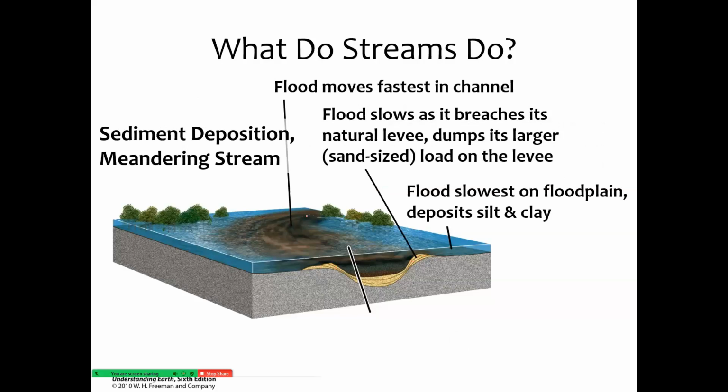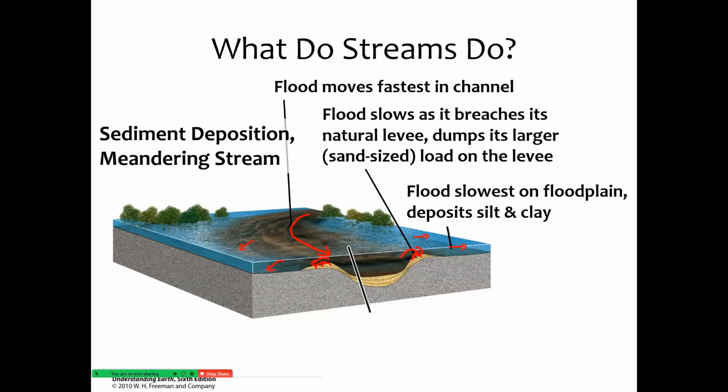The flood itself moves fastest still in the channel. As it breaches and goes over the natural levee, it slows down, and that's why it leaves those layers of sediment on top of the levee during a flood. At that point, it moves very slowly across the landscape,